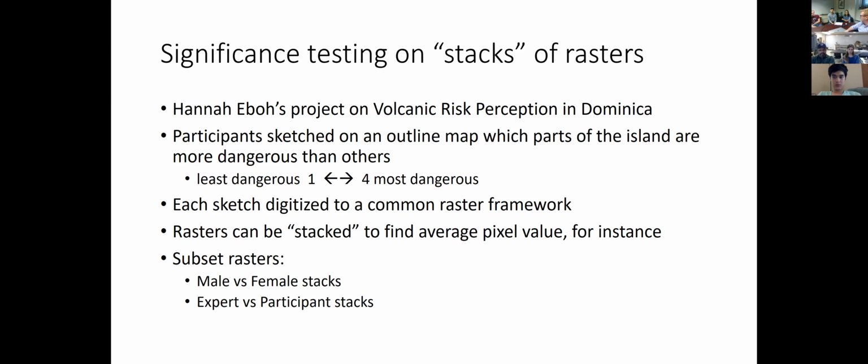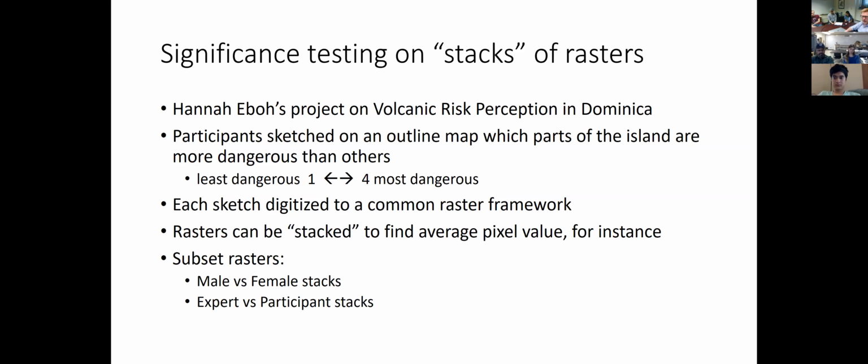So how did the people on the island think of the danger? Like, what parts of the island are more dangerous than others? Experts have evaluated that and have tried to communicate that risk to the public, but it hasn't always made as much of a difference as people would hope. And this is a common problem with a lot of risk communication. Meteorology is the best example. If there's a tornado or a hurricane or some severe weather event, you have to communicate that to people, but they don't always interface with that the way you want. So this was some basic research, getting a handle on what the risk perception is on the island.